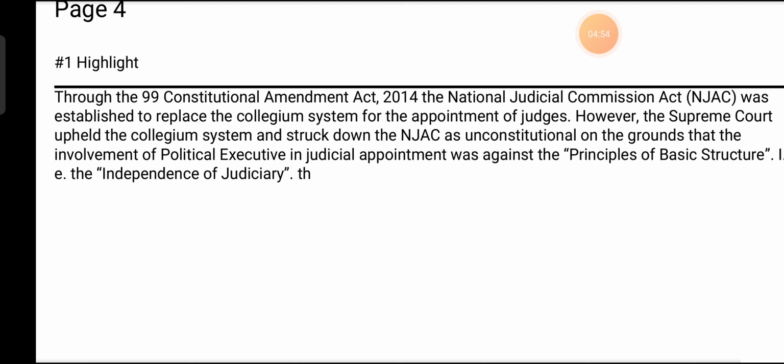पर सुप्रीम कोर्ट ने उसे खारिज कर दिया, यानी कि कैंसिल कर दिया, और बोला कि अगर NJAC को लागू किया गया तो वो हमारा जो बेसिक स्ट्रक्चर है कॉन्स्टिट्यूशन का, ठीक है, उसको वायलेट करता है। बेसिक स्ट्रक्चर डॉक्ट्राइन जो है वो केशवानंद भारती केस 1973 के बाद आई है, ठीक है।